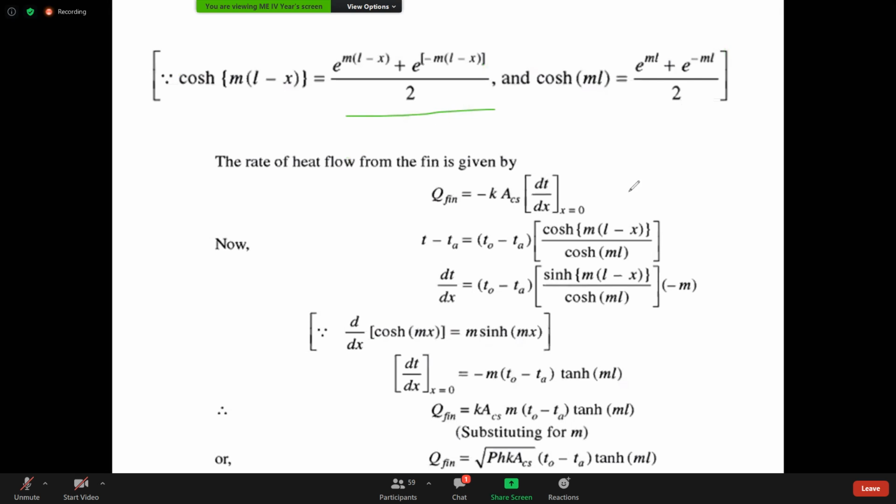Again, the heat transfer we need to calculate. This T need to be differentiated. Right? After substituting, again at x is equal to 0 because the heat transfer is from the base. This equation is same. After doing this, you have to get Q fin is equal to. I provide these slides. Do practice. Unless you do practice, there is no use, no meaning. You cannot perform in the exam as well.